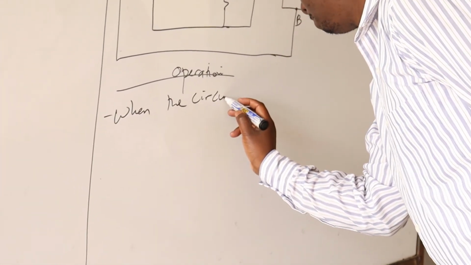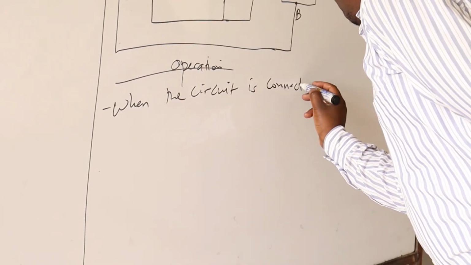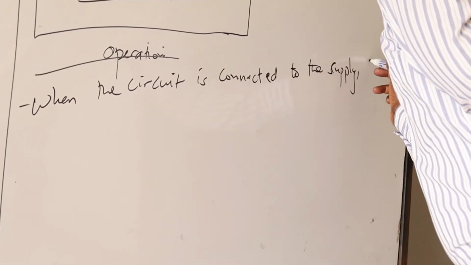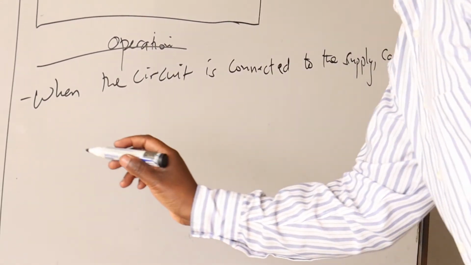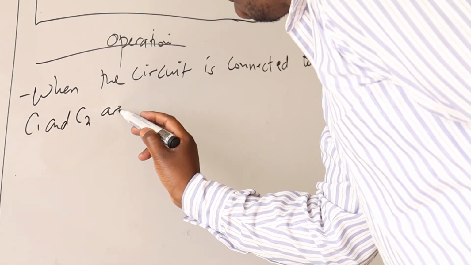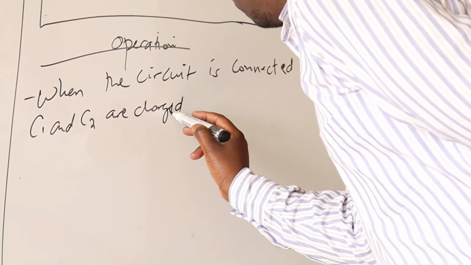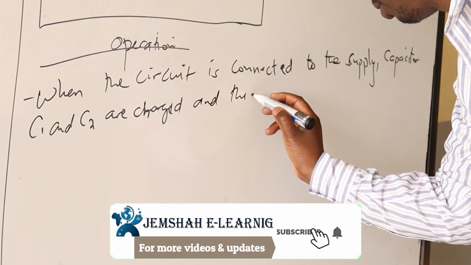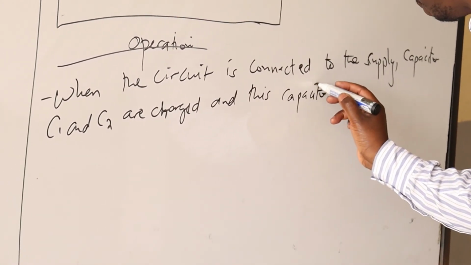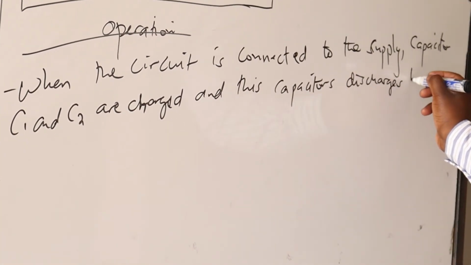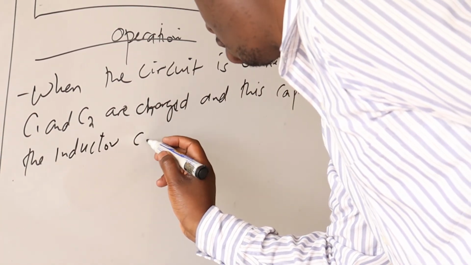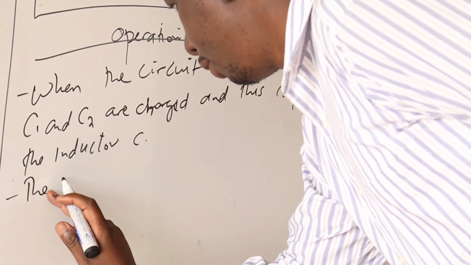When the circuit is connected to the supply, capacitors C1 and C2 are charged, and these capacitors discharge through the inductor L. So the frequency of oscillation